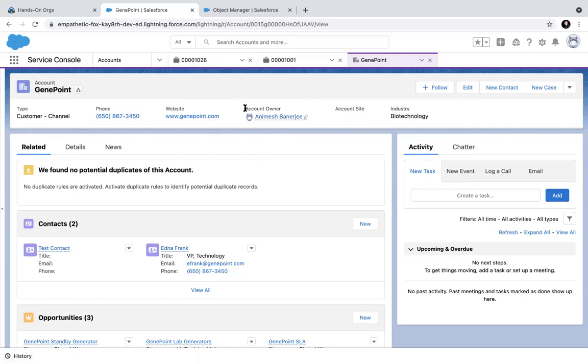Only owner record will be gone for master detail child objects. That is not there because that will be controlled by the owner of the parent record. So the owner of the parent record can also automatically make changes to the child records of a master detail child. That also automatically becomes controlled by parent.